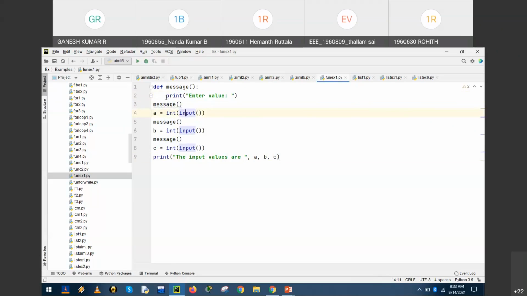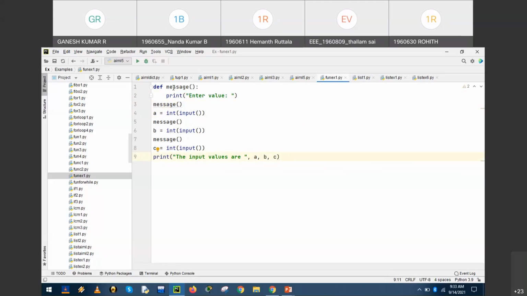This statement will be executed whenever it is called. So we need a function call. This statement will invoke the function body. Whenever this is invoked, we get the message enter the value, and it is stored in the variables a comma b comma c, and the values are displayed.